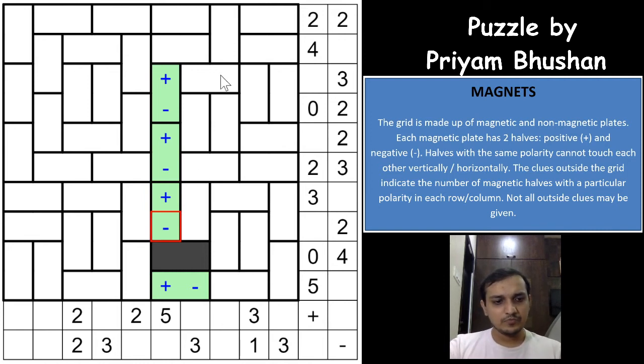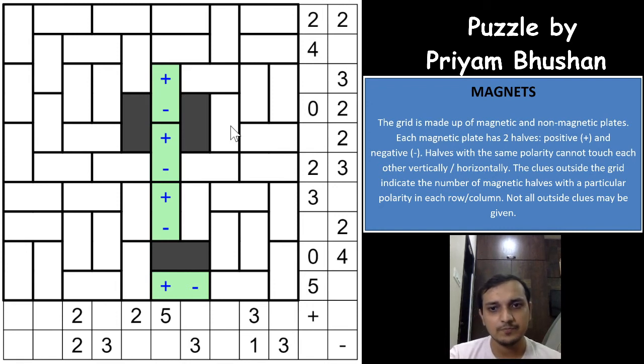And with that we'll get one more logic here: both of these cannot be magnets. So what happens here, if this is a magnet, this will have to be a positive, and we know that the positive here is 0 in this row, which means that both of these cannot be magnets. That's great. And superb. So again, superb logic here.